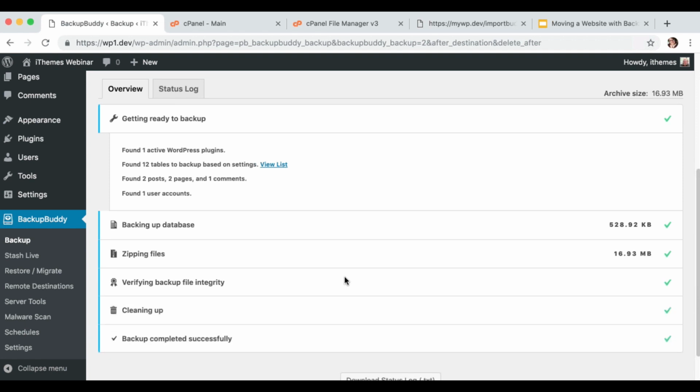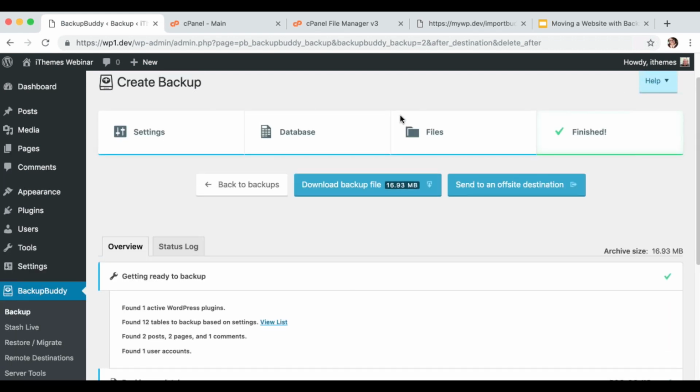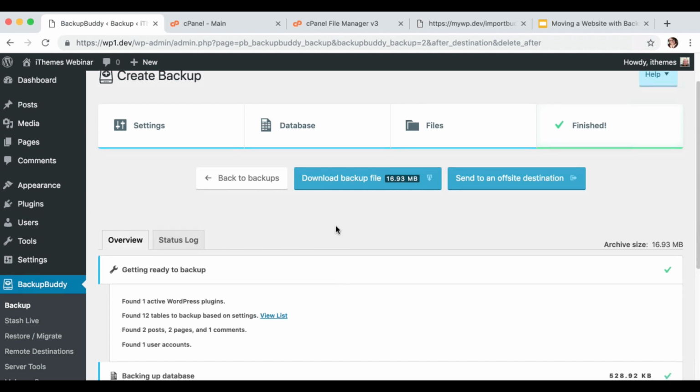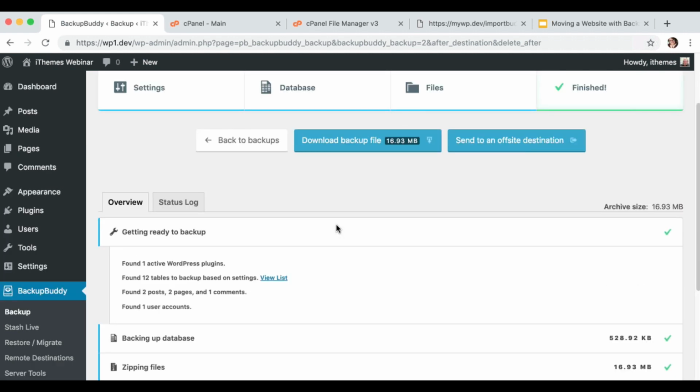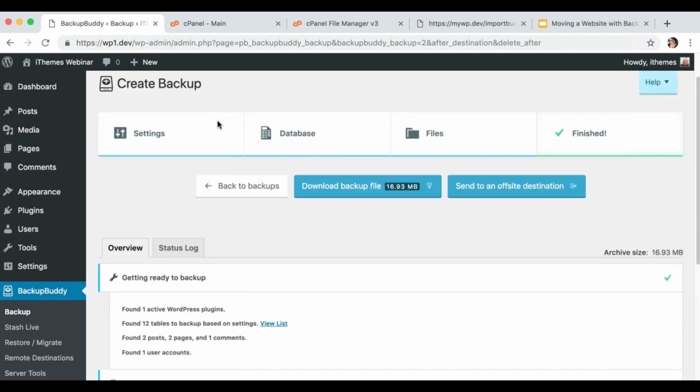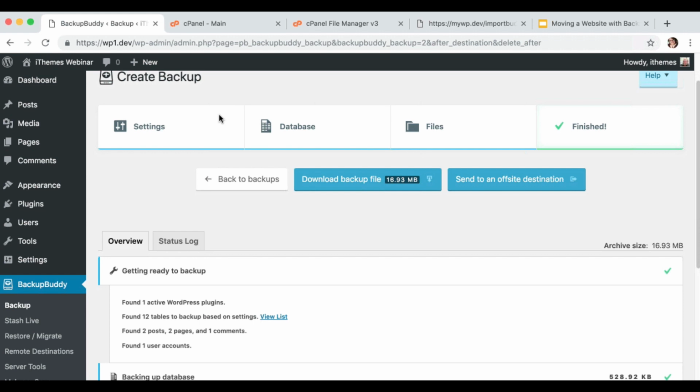Now, in this full backup, when that's all done, sorry about that. In this full backup you selected, what all are we backing up of the site? We are backing up the database. We're backing up the themes. We're backing up the media library. Everything, your plugins, active and inactive plugins. So your pages, your posts, your images, comments, everything that's on the site is going to come down in that